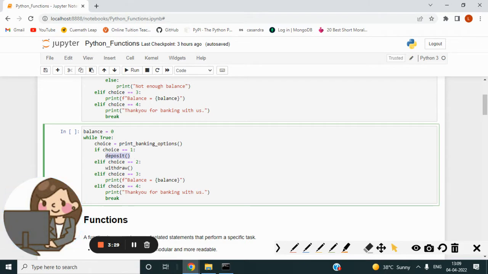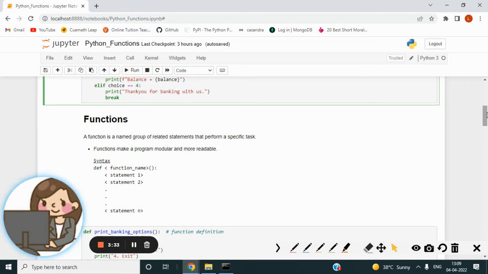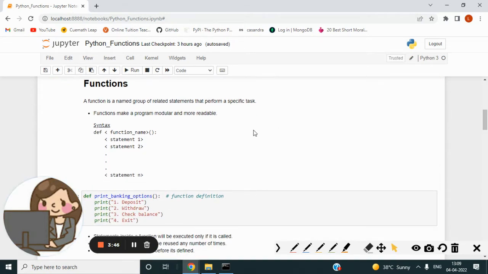What exactly happens when we are doing modular programming is that the entire program is divided into different subsets, and these subsets have names which help us to understand the overall program. In the case of functions, this is how we can define a function in Python. Here we have def. The function definition starts with the keyword def followed by the function name and then followed by